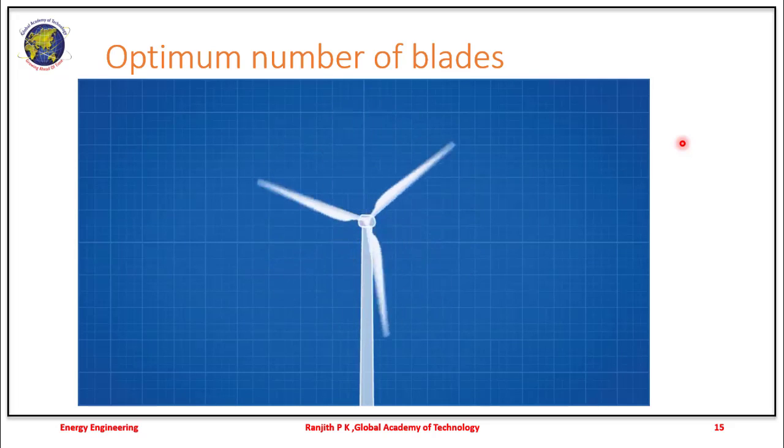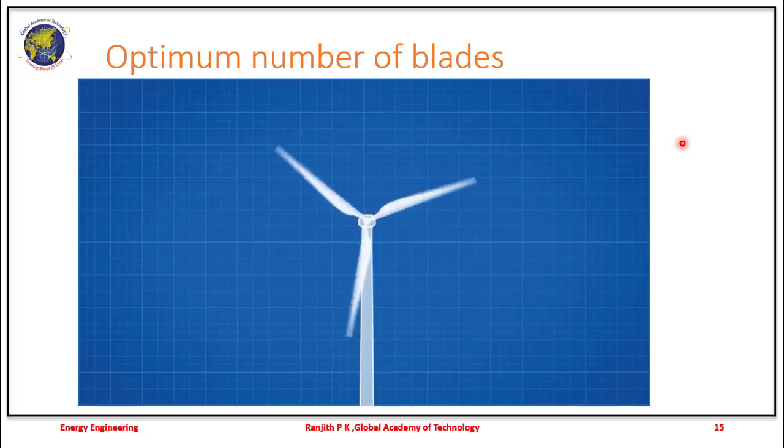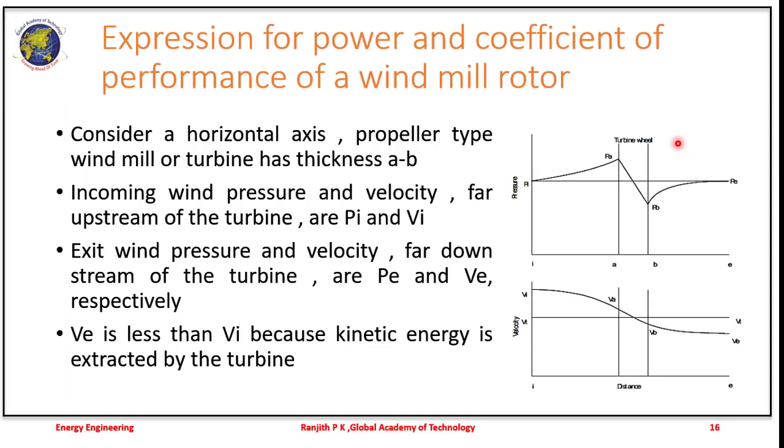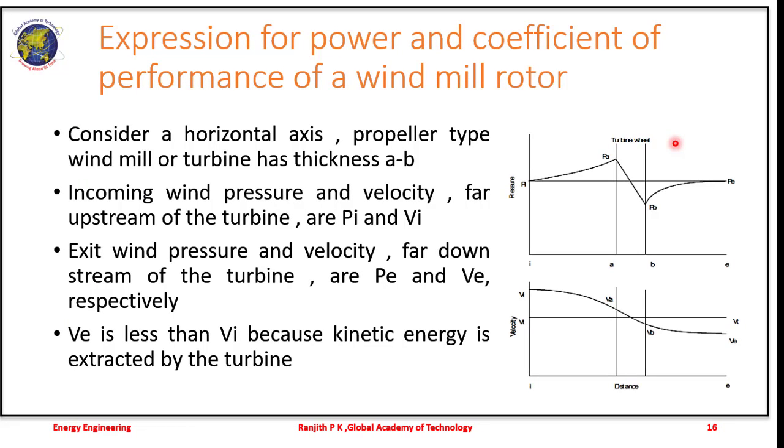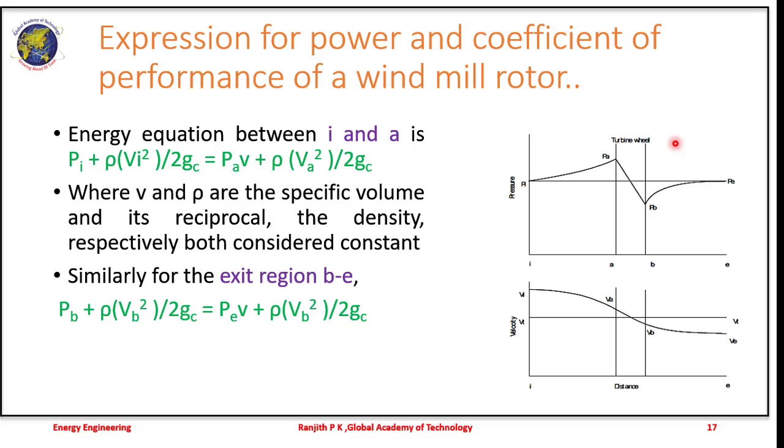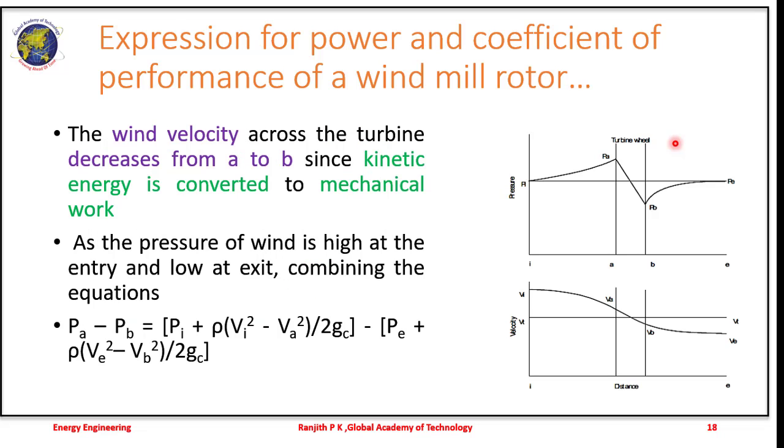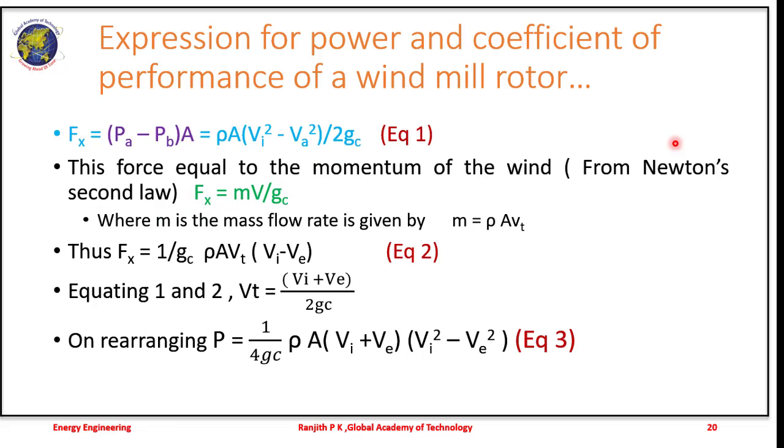The summary of the video, which went on to explain why the optimum number of blades is fixed at 3. It has to do with more power being generated at lesser speed and the noise being predominantly eliminated. There is an expression usually available for evaluating the coefficient of performance. Basically, it equates the energy and the wind velocity with the pressure difference, and